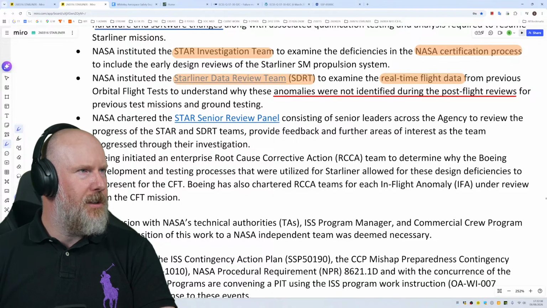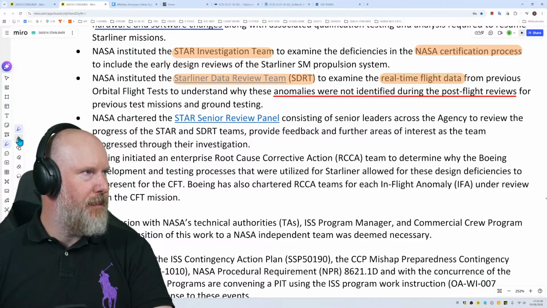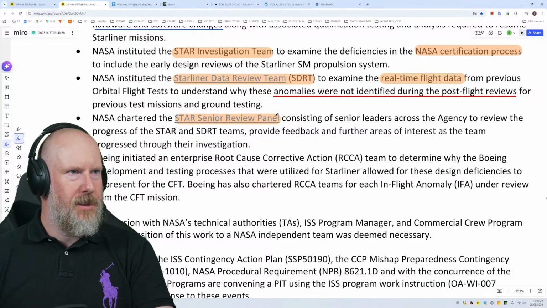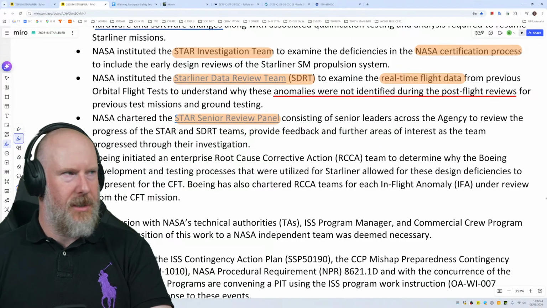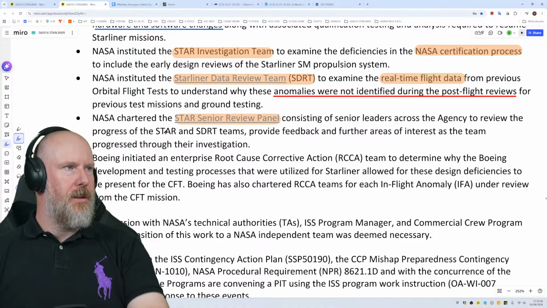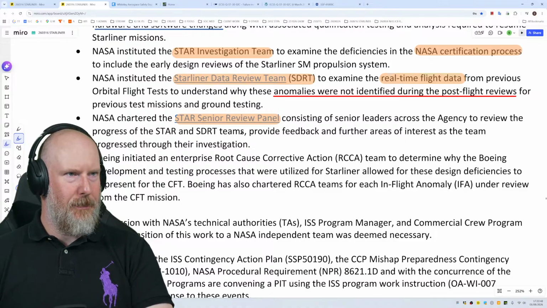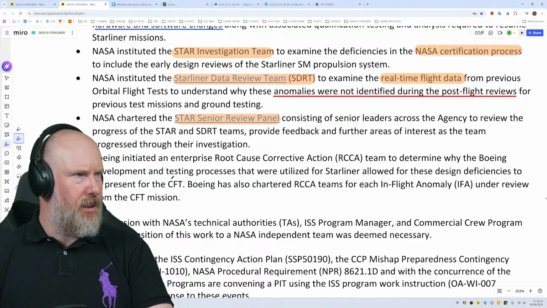So NASA chartered the STAR Senior Review Panel, consisting of senior leaders across the agency, to review the progress of the STAR and STR teams and the PIT team, provide feedback and further areas of interest as the team progressed through the investigation. Boeing